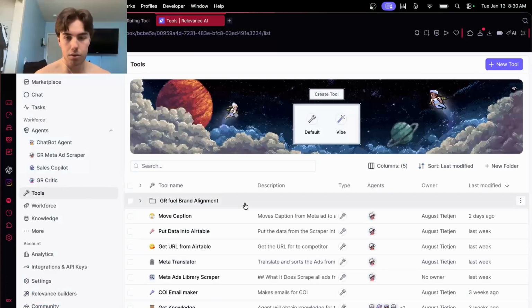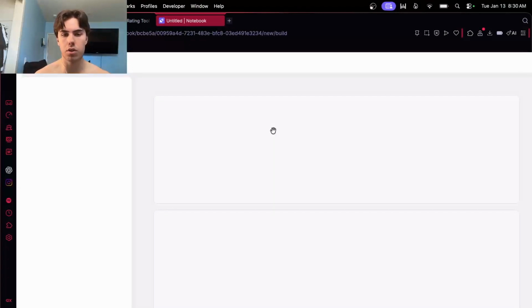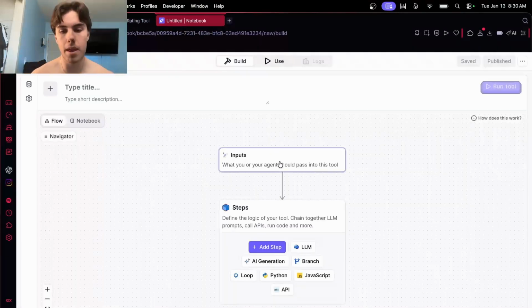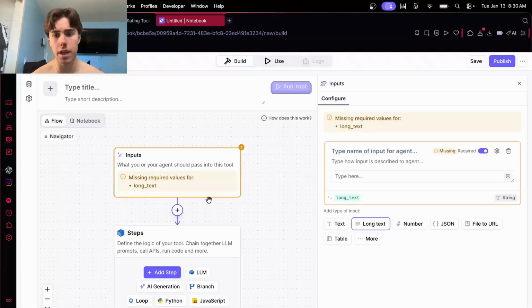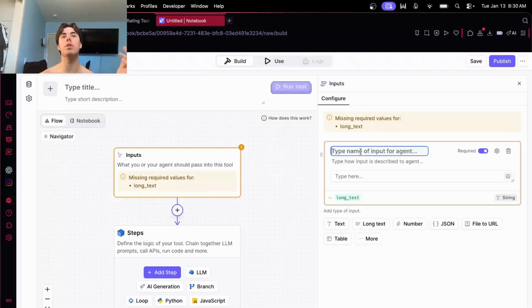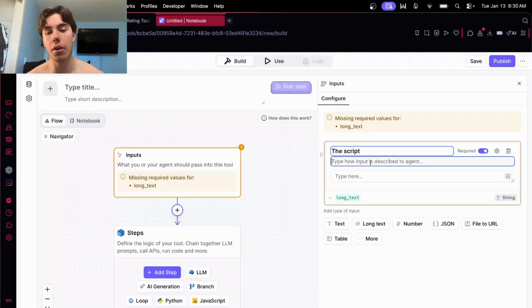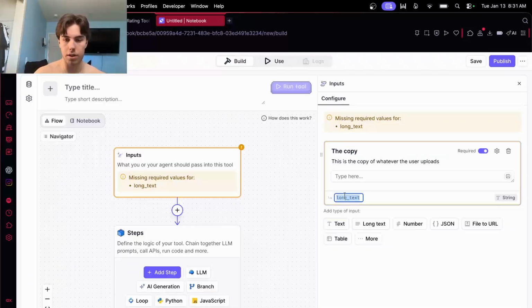So let's go into the tools, just do it by default. Text, long text, which will be the script, and then how the input is described to the agent, that explains to the agent what I am doing or what I want it to do. Long text, let's change the syntax of that to string just to make it easier. Just put copy,